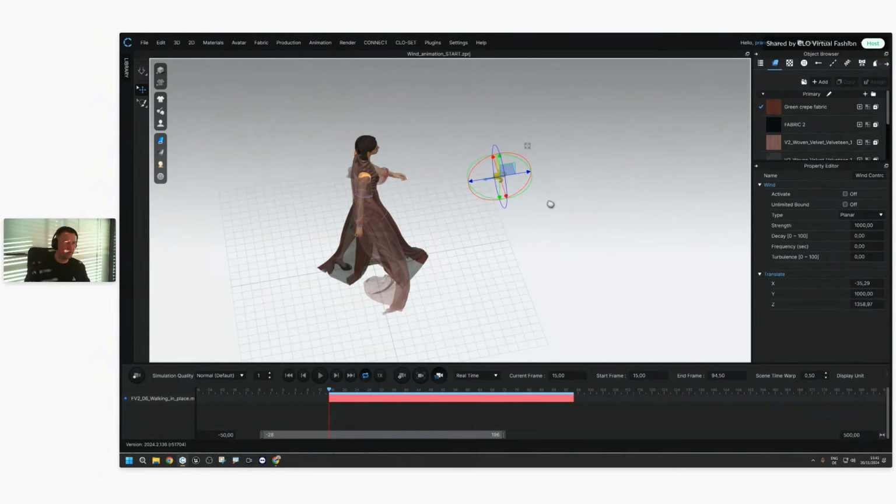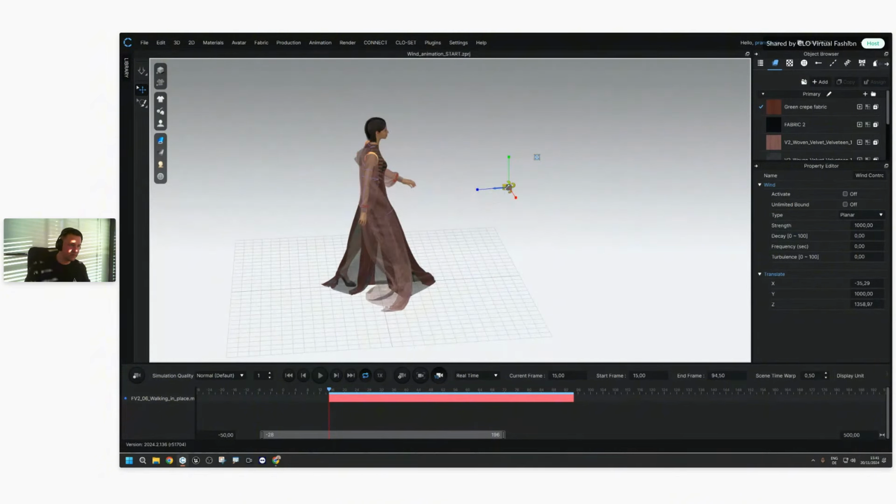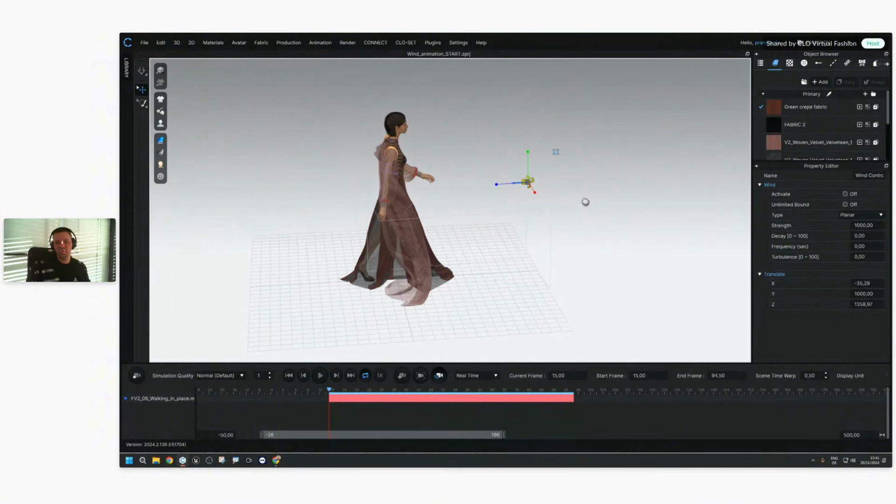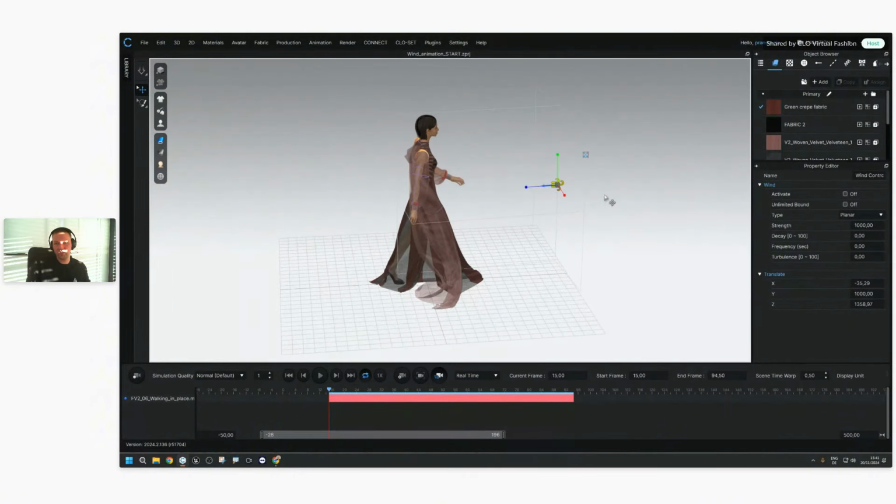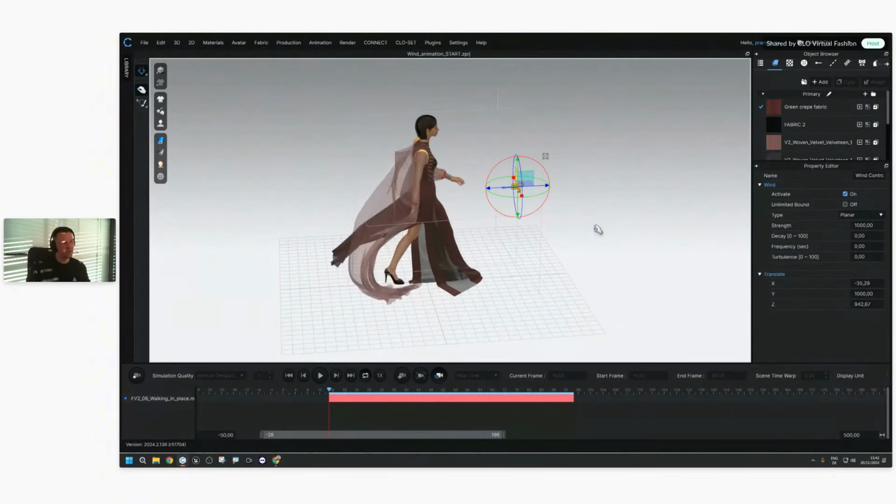And this you can size up also when you click on this little icon here. And this, let me make this big, is if you want to control the wind in a specific area. So this is the area that I have now created. And now if I start my wind again and my simulation, you can see,